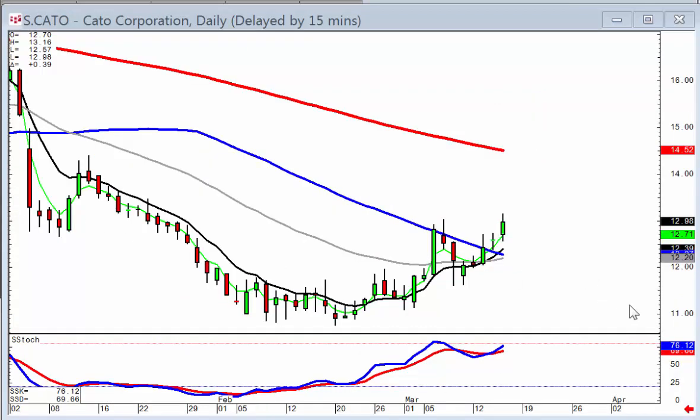Knowing that the markets are not moving in any great direction one way or the other allows for identifying and getting into positions that have high probability trade results. For example, we recommended Cato today based upon the bobble breakout. Notice how it came up, failed at the 50 with a sell signal, pulled back to the T-line, could not close below the T-line, and did a doji above the